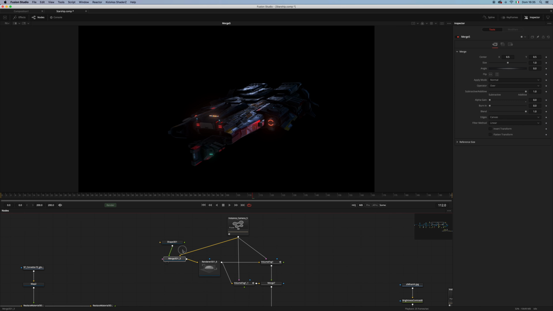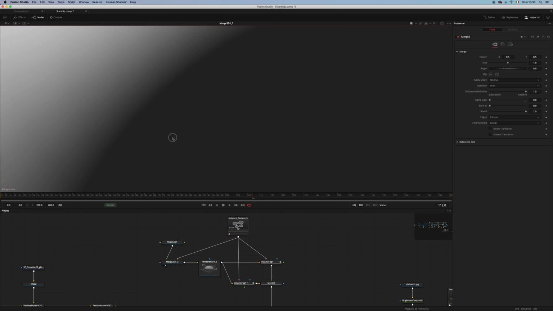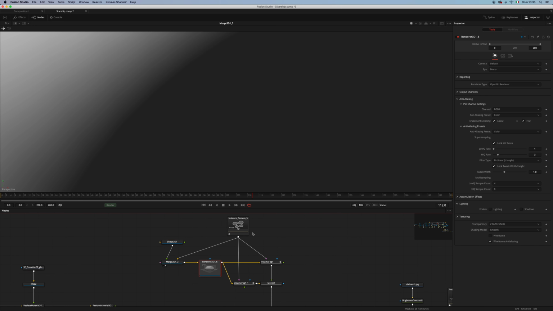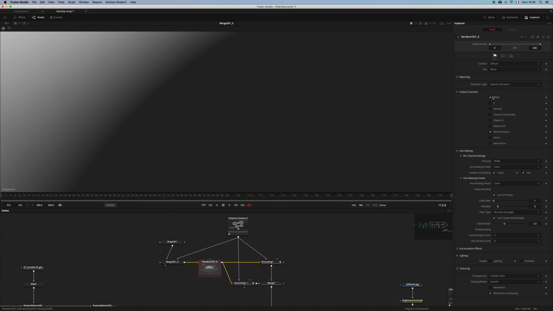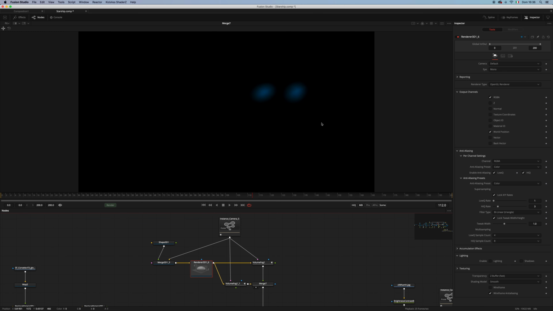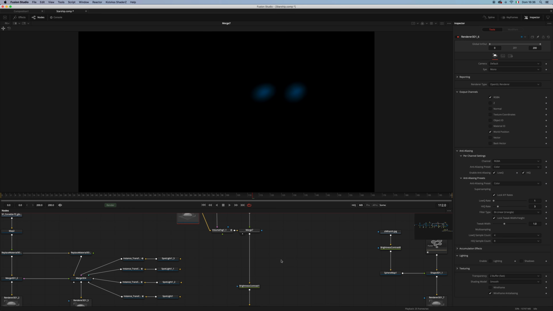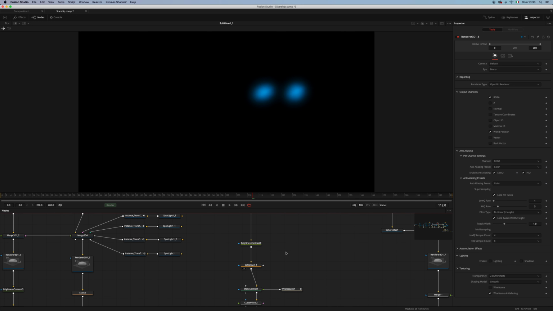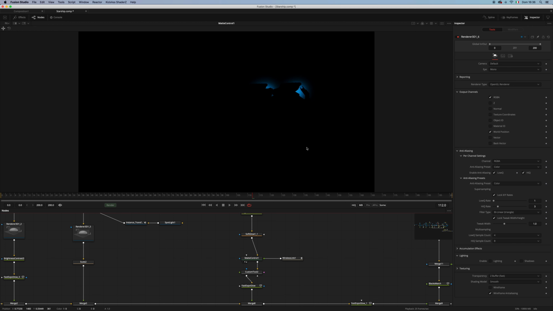It's just a very big sphere, radius 50, and I just rendered out the RGBA and the warp position pass. I needed the warp position pass in order for the volume fog to work, and here are my volume fogs. And then I used the brightness contrast to make them brighter, a soft glow, and I needed to matte the